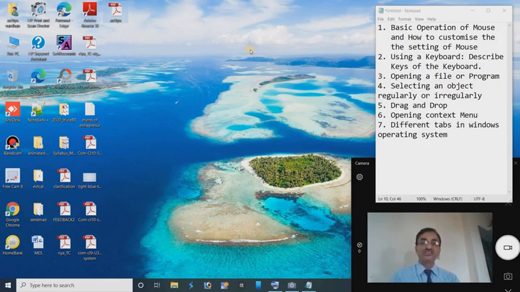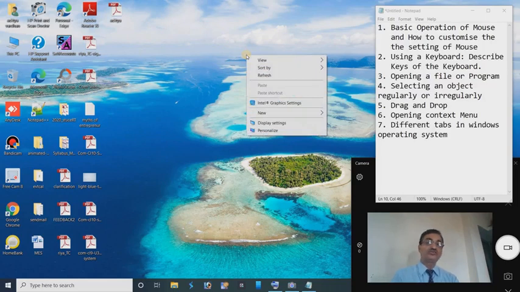So how can we change the setting? First of all I have to right click on the blank space of the desktop. When you right click on the blank space of the desktop, you will see this is called the context sensitive menu, because it is sensitive with regard to the context selected by you, since you have pointed to the blank area of the desktop and right clicked here.